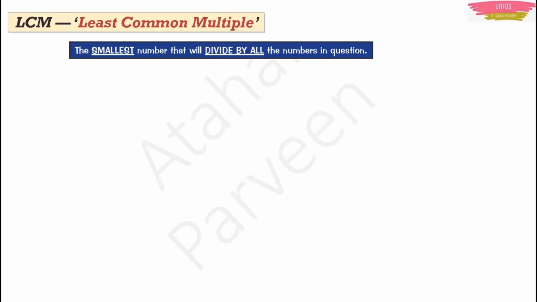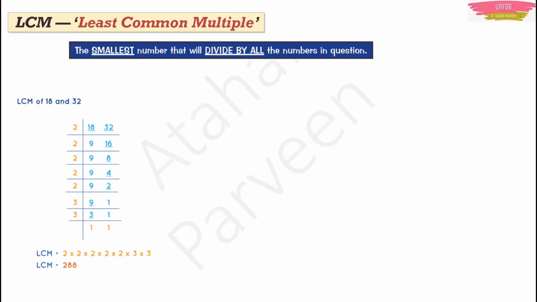Now in multiples, we can have the least common multiple. What is the least common multiple? It is the smallest number that will be divisible by all the numbers which are given. For example, if you have to find the least common multiple or LCM of 18 and 32, you write this L and then you start dividing, right? You first see that it's an even number, so you start with 2 because 2 is the smallest prime. If it was an odd number, then you should have started with 3. Go on and wherever you get an odd number, then again you start with 3. Go on dividing. You divide till you get 1.